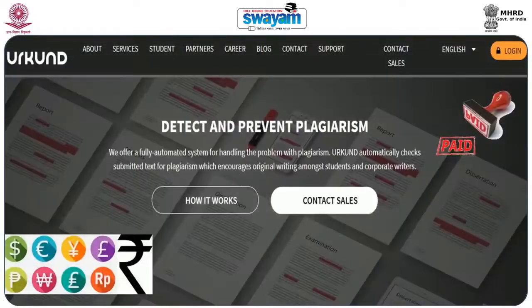The next important software in paid subscription is Urkund. Urkund is also an important software, and as Manoj sir already talked to you in the last session, it is part of our MHRD project, the Shodhshuddhi project. I hope you are aware of the Shodhshuddhi project, and now we are giving Urkund software as a part of it.